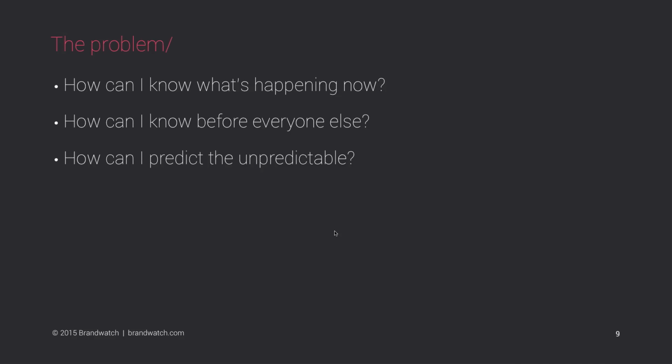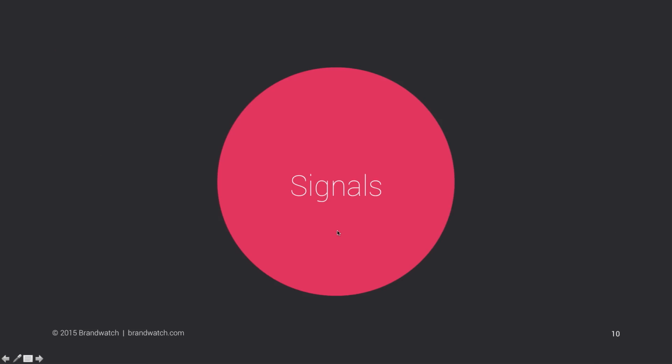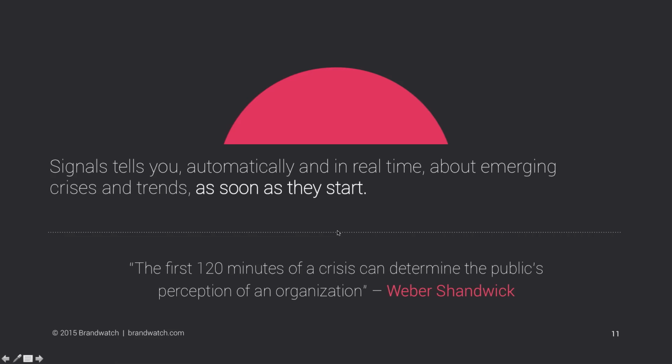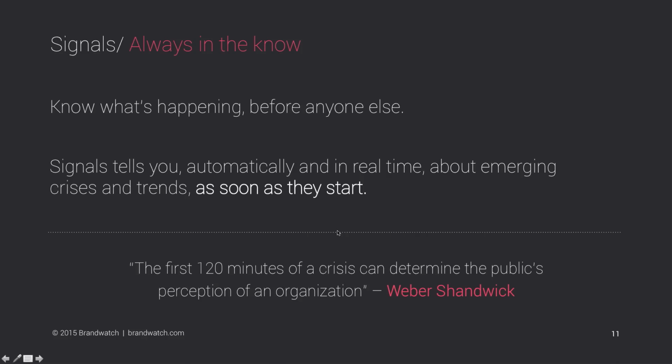for people, because there are products out there that will alert you based on what you've already set up, what you already know is going to happen. There aren't many things that help you uncover what you didn't know was going to happen. So that was the real issue, the real thing we wanted to solve with Signals, the real area that we focused on. So Signals itself, we launched this a couple of weeks ago, and a few clients have had it